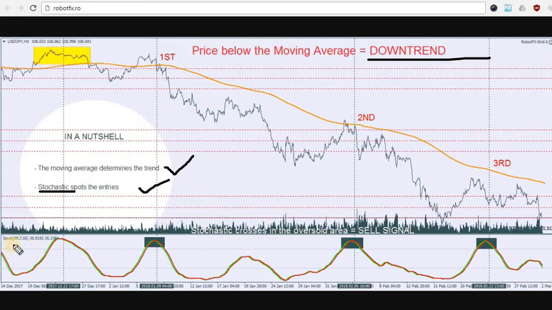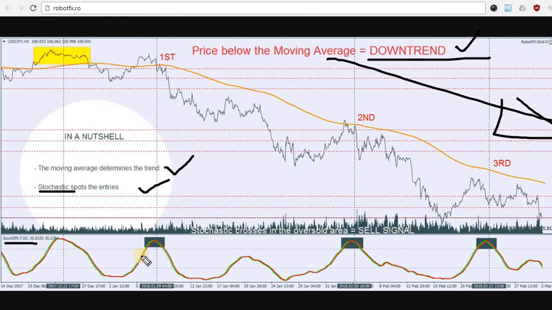So for this example, the stochastic has the values of 99,755, which gives this very smooth movement. And when the price is below the moving average, therefore having a downtrend, the stochastic will open a sell trade, of course, following the trend, going down. It will open a sell trade when the stochastic is in overbought area, and